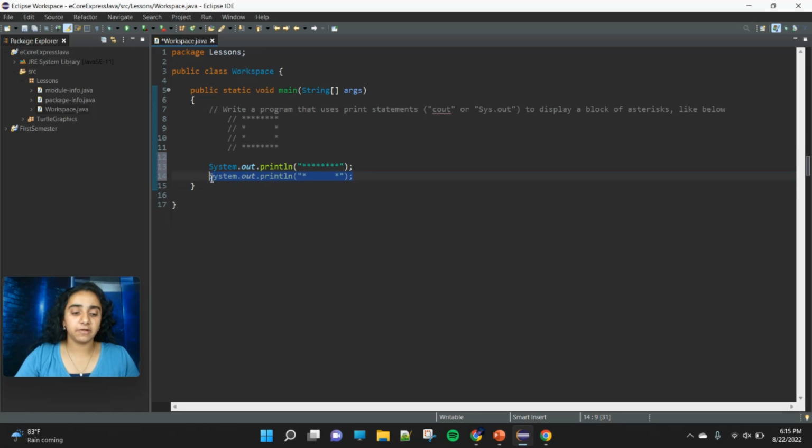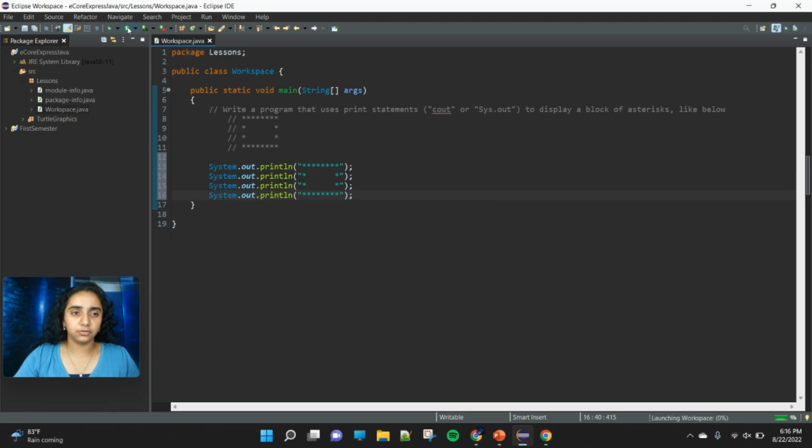Again, we're just trying to create a rectangle using asterisks, so we can literally just copy and paste what we just did, and we'll get the 3rd row of the block. The 4th row of the block is identical to the top row. It's really closing off the block. So to save ourselves some time, we can select the top row, press Control C to copy it, and then Control V, on my device, to paste it. And now we have our block, so if we hit the play button,